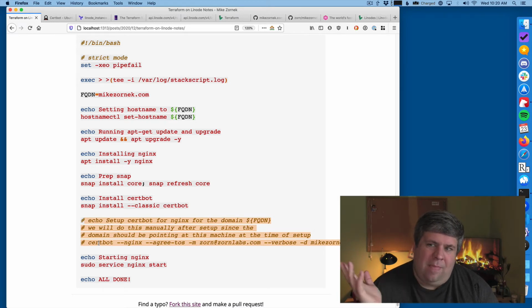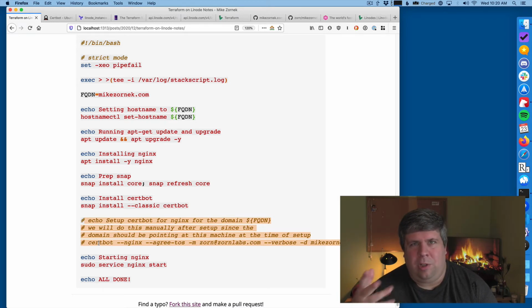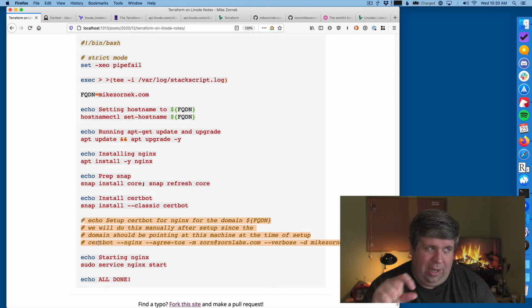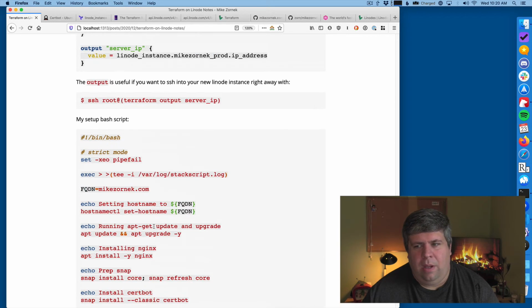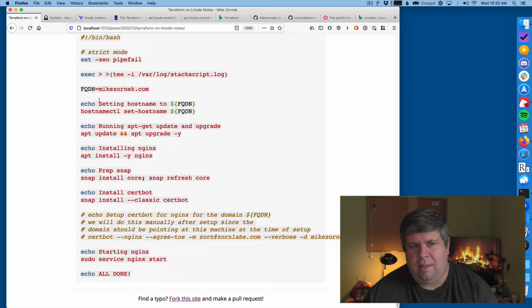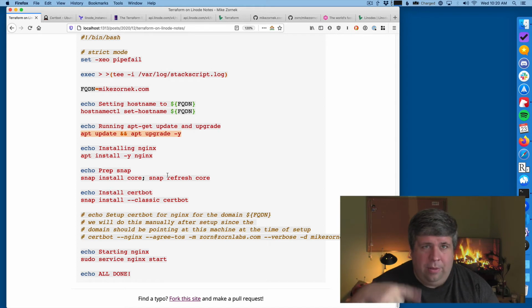In a more orchestrated setup where I would be actually orchestrating the domain name change, you could probably do this, but anyway, that's why it's commented out. Then I start Nginx, and then I do all done. The only other thing I'll say is when this finishes, because we ran update and upgrade, there probably are going to be a couple security updates that need a full reboot to be installed.